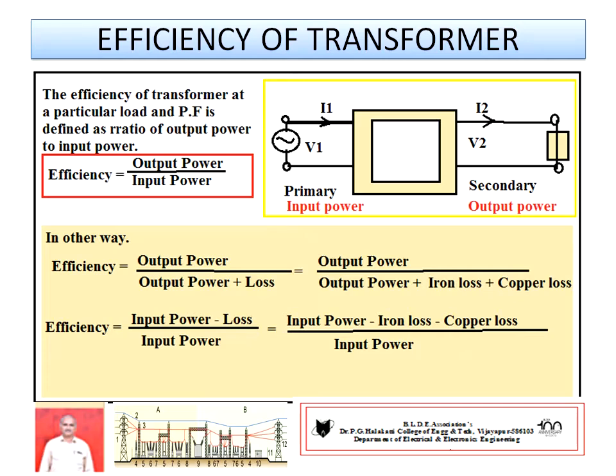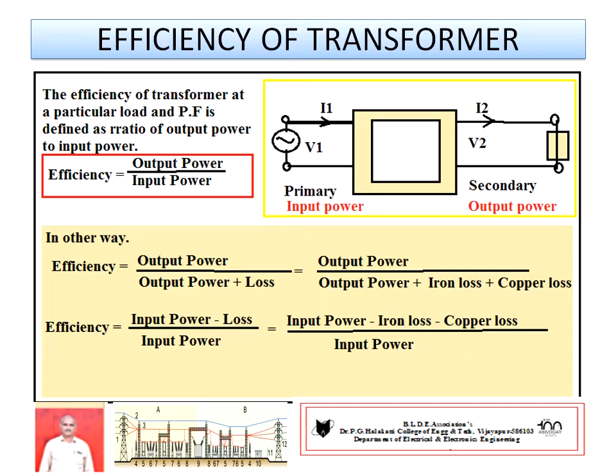Now I want to express output power in terms of losses and input power in terms of losses. Input is always more, and loss is the differentiating factor. Input minus loss gives you output, or in reverse order, output plus loss gives you input. The same differentiating factor is the loss. So I have to replace